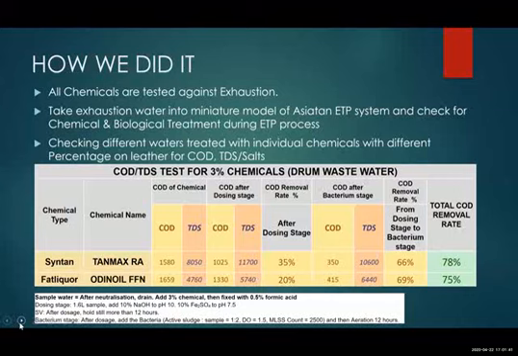Similarly, we took an example of one fat liquor. It started with drain water of 1659 COD. After the first dose, it becomes 1300, and after the bacterial action it becomes 415. So we see a 75% reduction overall from the drain water to the end. We have also mentioned the process clearly. For the leather we tried, after neutralization, add 3% of the chemical, run for 45 minutes, and then fix with 0.5% formic acid to get the pH around 4. Because it is a single chemical with less reaction, we easily get pH 4 with 0.5% formic acid.